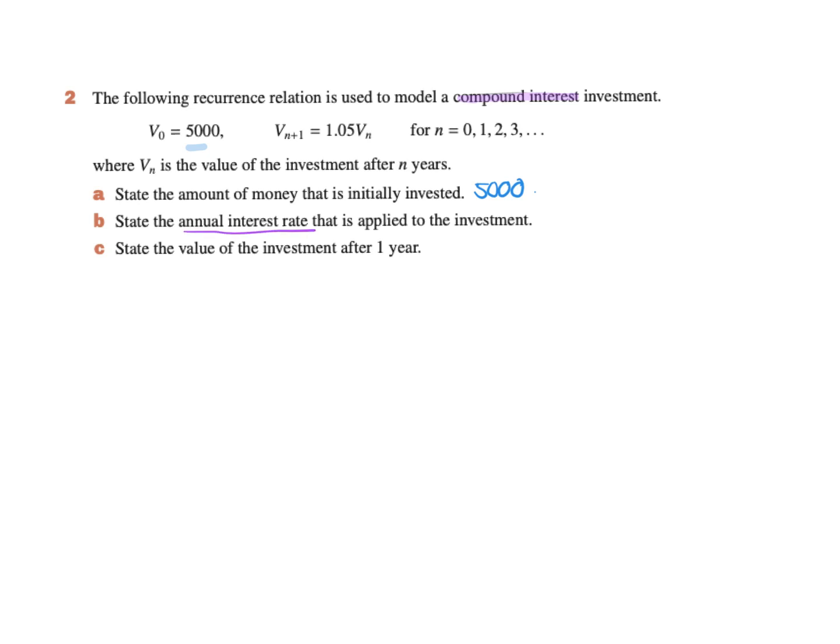And then the next question is, state the annual interest rate. When they want that, that means the little r percentage is the question, okay? That's what we want to know. Now, our capital R, which is that number at the front here, was found by going 1 plus the little r over PPY over 100. So we might write this down, maybe at the bottom of your notes. When we're finding the little r